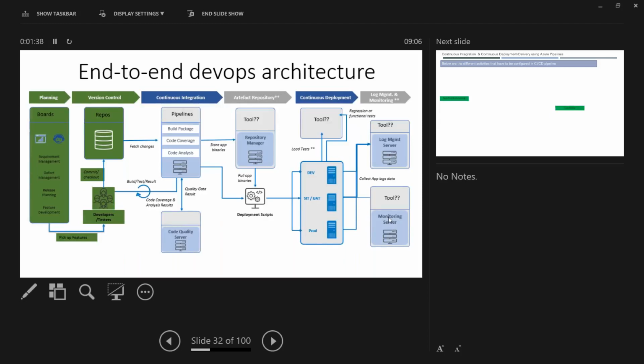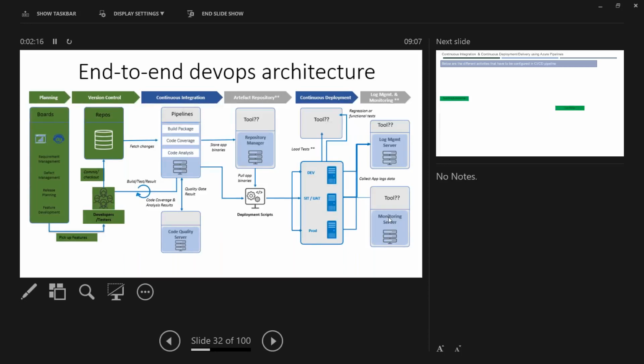You have probably heard the words one-click deployments, zero downtime. When everything is automated, right from requirements management, it is possible. Let us say I go to my Azure board and say one feature has completed. I can trigger the deployment, and the entire pipeline will be automated. Or I can create one release and simply do one click. Then everything is automated: deploy to dev, deploy to QA, deploy to test, and your automation test suites are executed. If it fails, your build and deployments will fail and notifications will be sent. That's the end-to-end DevOps architecture.